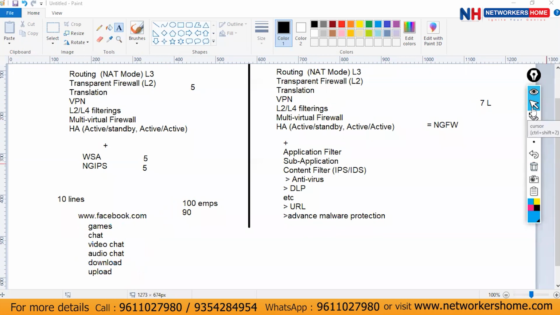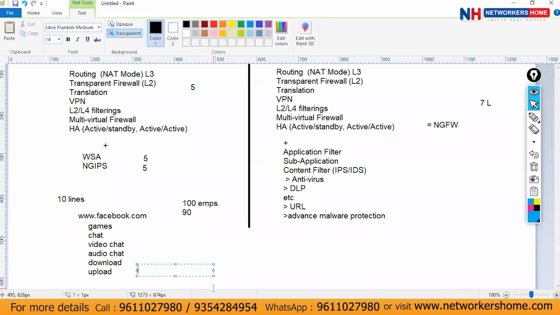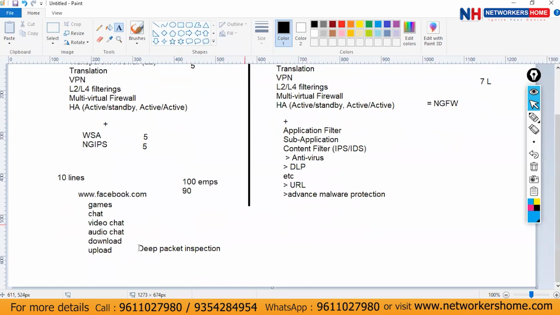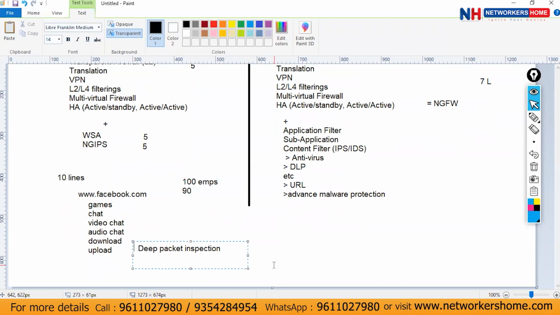Okay, such type of filtering is called deep packet inspection. This is called deep packet inspection. So basically your non next generation firewalls, just a firewall or normal stateful firewalls, can't do a deeper packet inspection